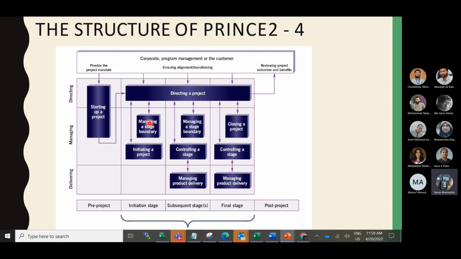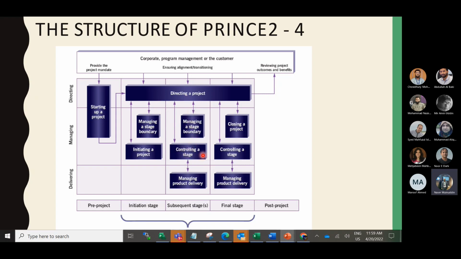They discuss the time, for example, this stage is 2 months, this stage is 1 month. They check whether the next stage will be completed within 1 month or whatever. If this is okay, then they go for the next stage.